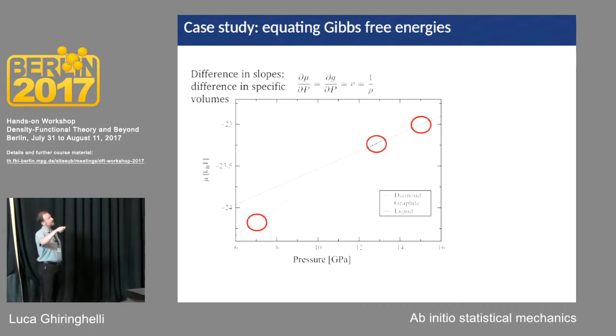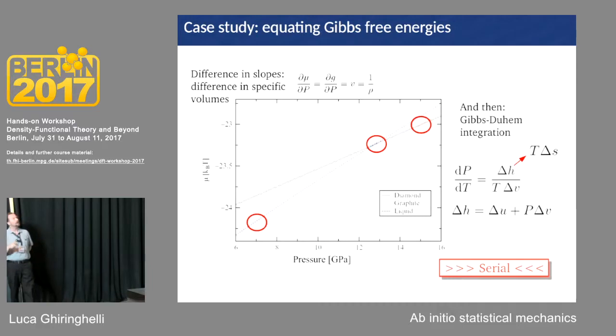three phases. Where they intersect, you have coexistence. So at this pressure and this pressure and this pressure, you have coexistence between the three phases. This one is metastable with respect to this other phase, but it doesn't matter. It's still a coexistence. And it is good because from each coexistent point, then you can integrate with the Gibbs-Duhem or Clausius-Clapeyron equation. So you integrate the Clausius-Clapeyron equation, that is called Gibbs-Duhem integration, and you can find the